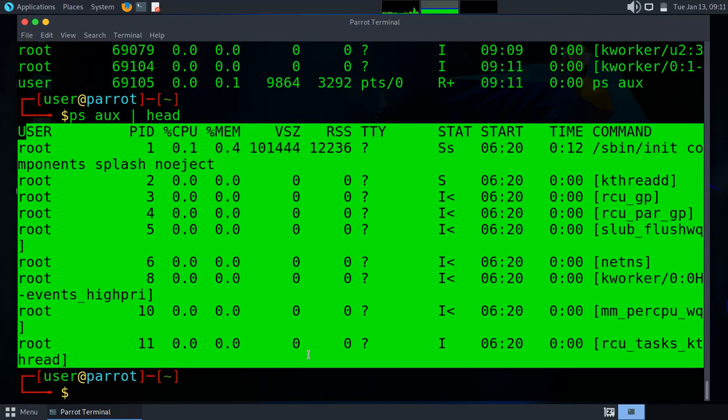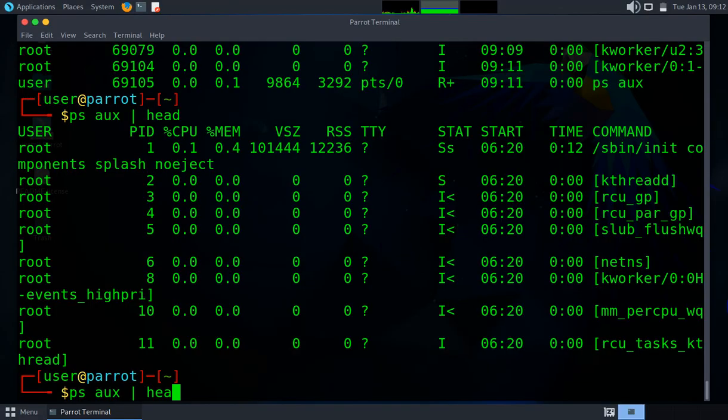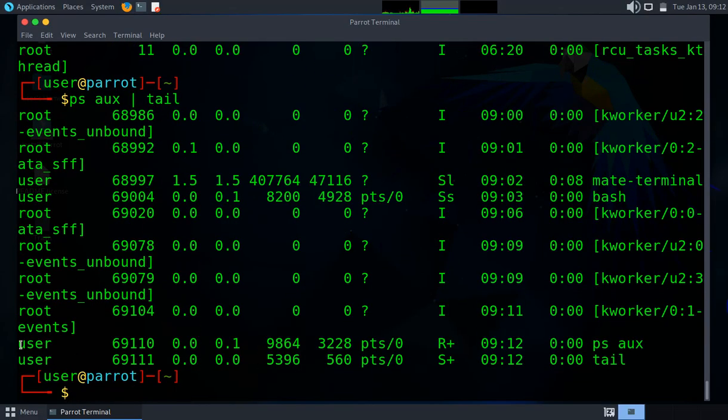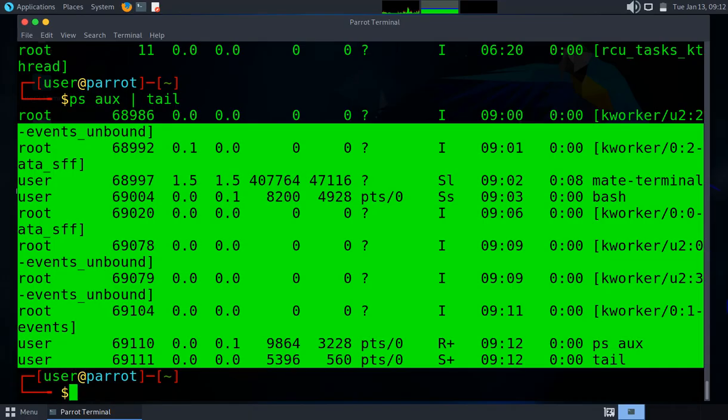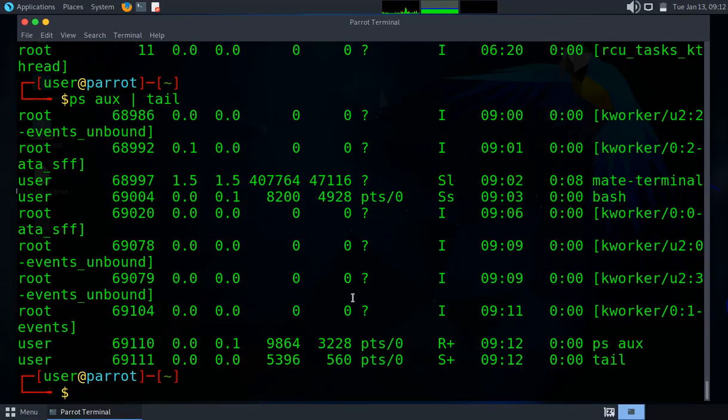the first lines. To view the end of the output we use tail. Instead of head we can use tail like that, and we get the lines at the end of the file. You can specify how many lines you want. For example, you can use tail and specify that you want 5 lines, and you can put those 5 lines into